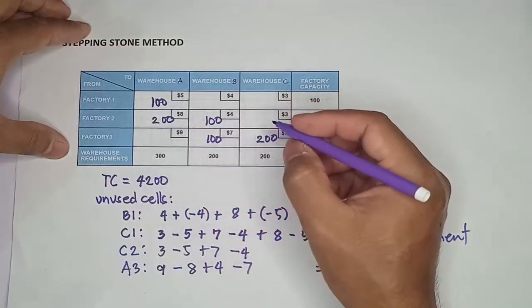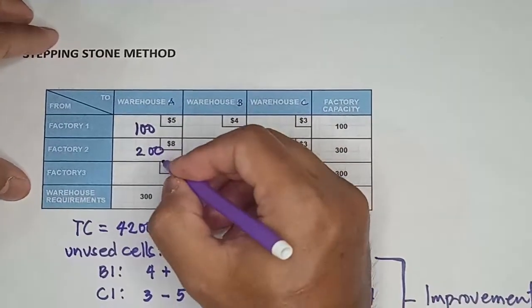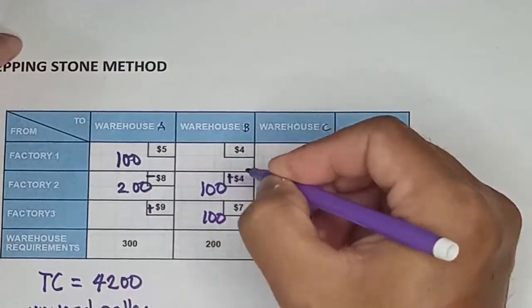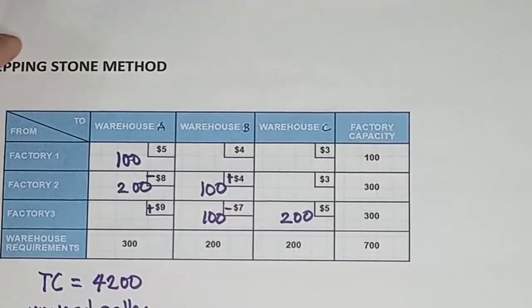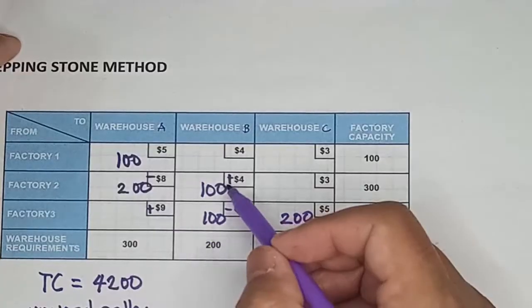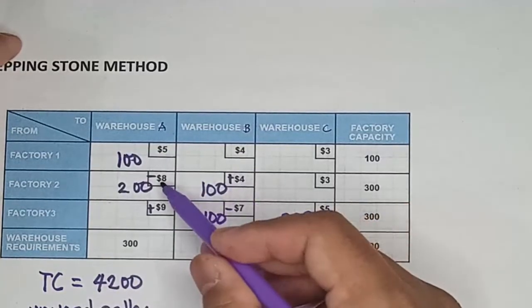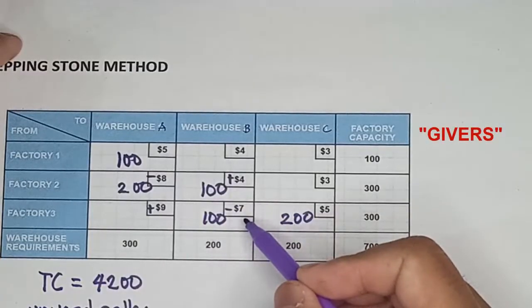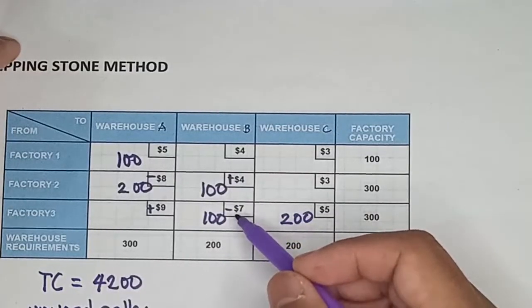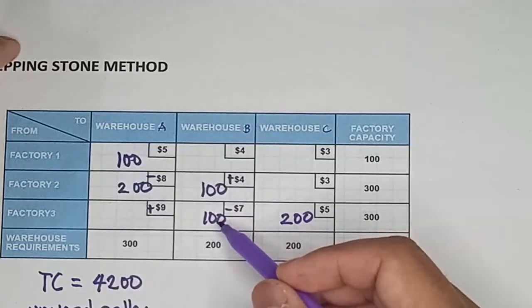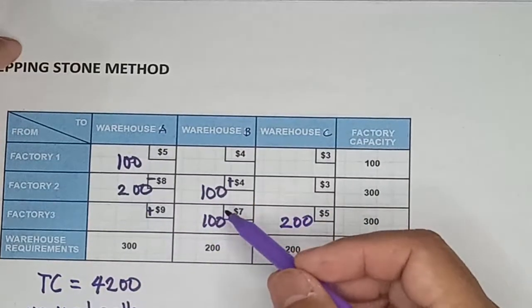Going back to the signs of the transportation cost for this loop, the positive ones, we'll call them takers, and the negative ones are givers. The quantity that will be taken or to be given by each cell in this loop is the